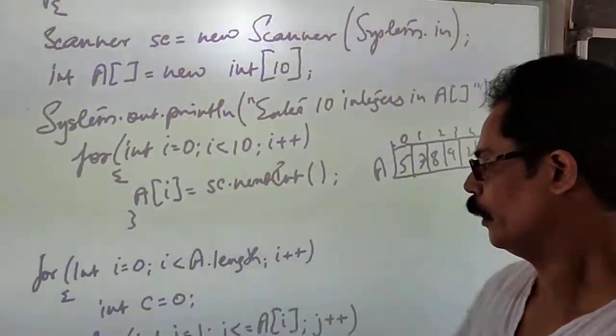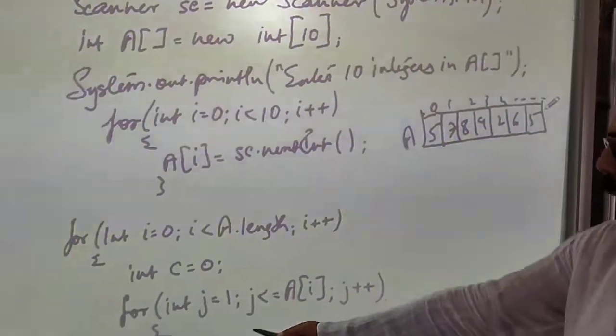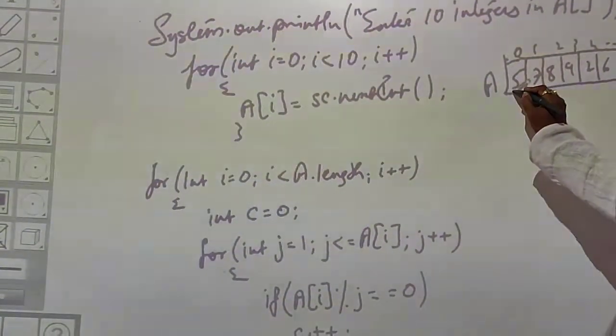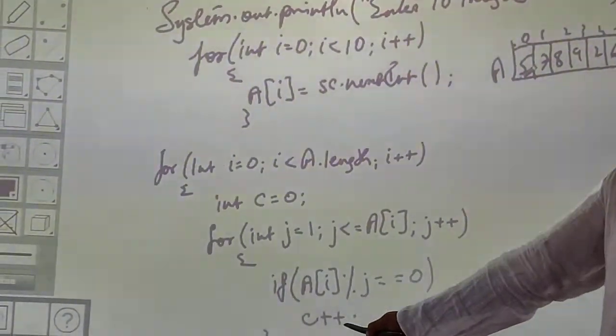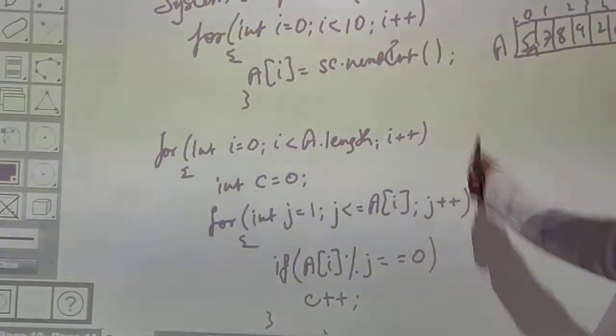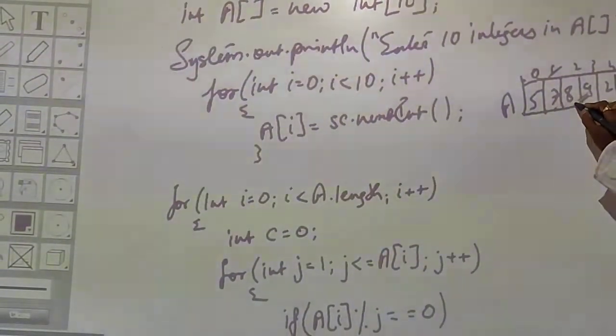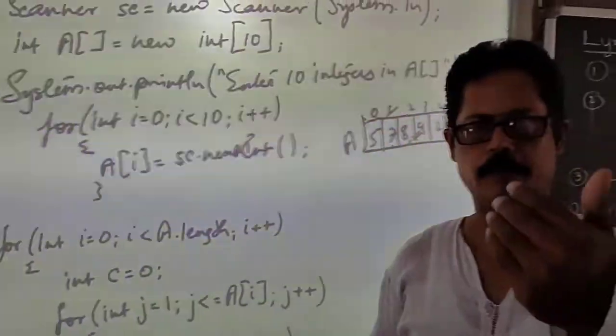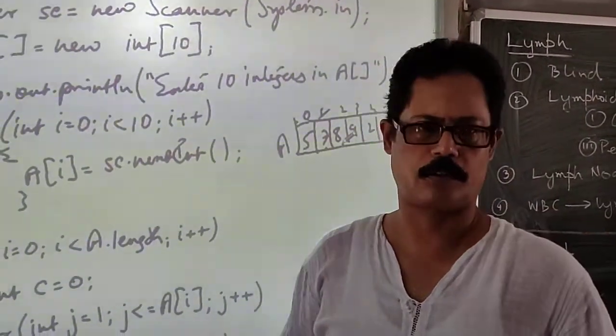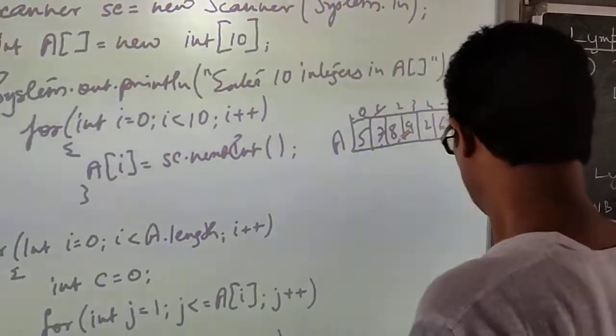Then after that, when you are writing i equal to 0, it will take 5. You will find out whether 5 is a prime number or not. If it is, it will print. If it is not, go back to the next value of i. The i value will be 1, then it will take 7, then after that it will take 8. Likewise, it will go on and take 10 integers that have been stored over there.